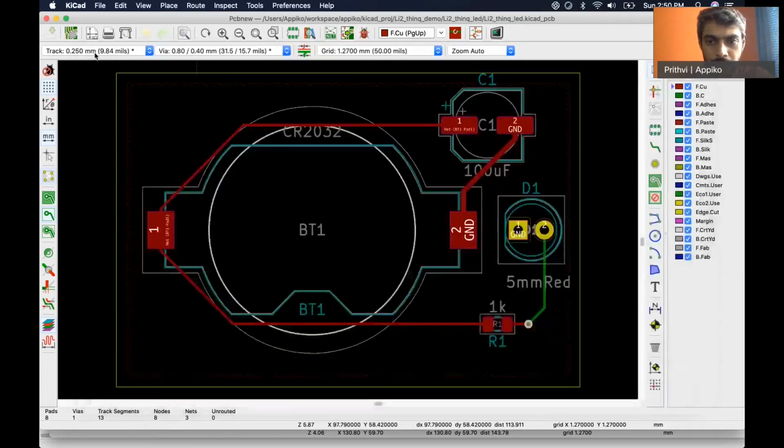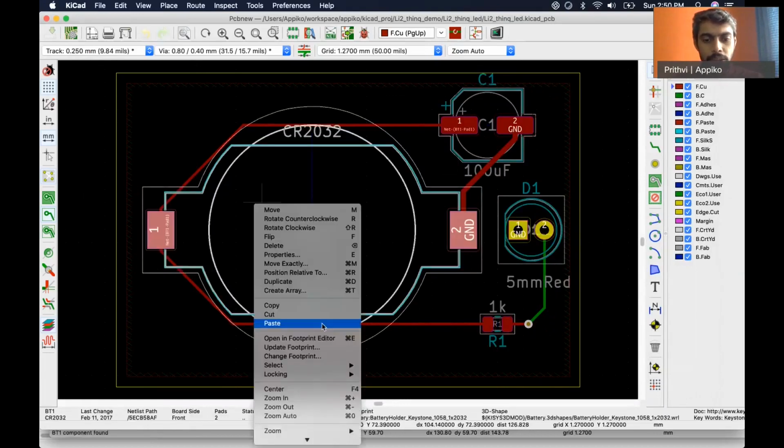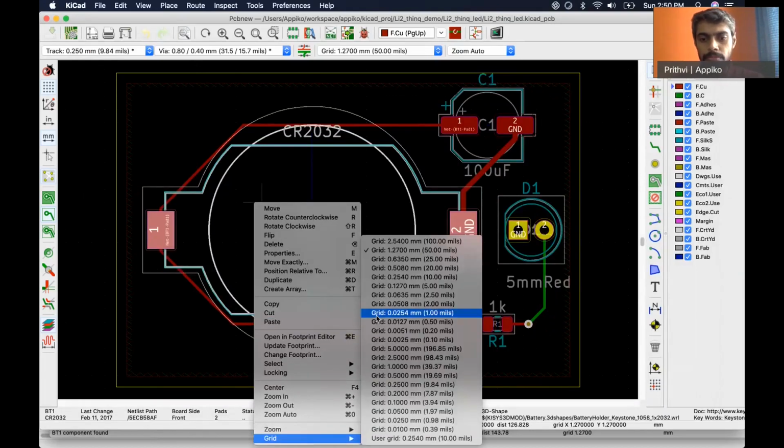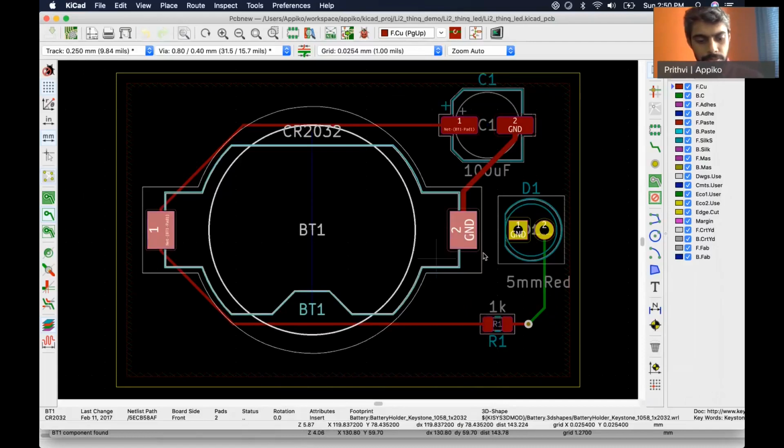Right now, KiCad will make sure that when you're routing, these design rules are followed so that it is not too easy to make mistakes. So let's now try to route some tracks and see if we can make an error.